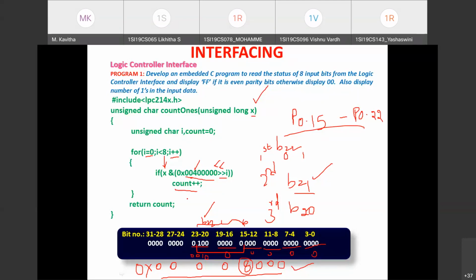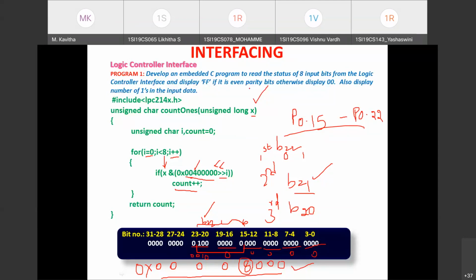How to test it? It is simple modulus operator. We can divide it by 2, check the remainder. If it were to be 0, we can infer that it is even number of ones. Otherwise, you can infer that it is odd number of ones. So before that, you need to know what all the configurations you have to do to the registers of LPC2148 microcontroller. And as I told, since in the question it is specified after some delay, you have to display the output. That is the number of ones in the data what you have taken.